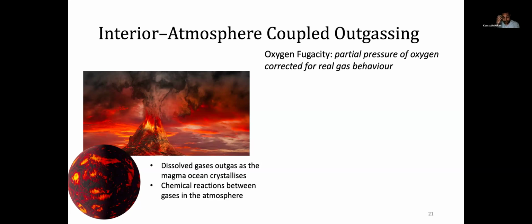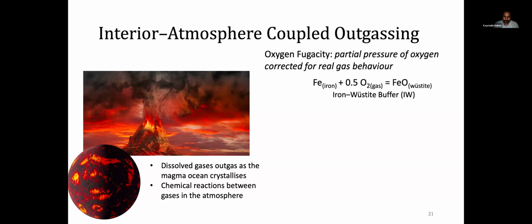So what is also very important is that the outgassing of different species would depend on the oxygen fugacity of the mantle. Especially for magma ocean outgassing, this is a very important effect because you have direct interior-atmosphere coupling at that time, between the magma and the atmosphere. And again, this would also drive the chemistry of the atmosphere close to the surface, because these chemical reactions would effectively be a function of oxygen fugacity